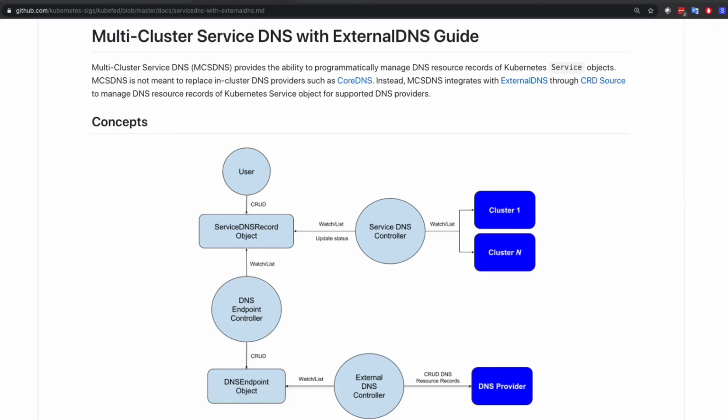But even before we configure external DNS, there are a few steps we have to take. KubeFed has a feature called MultiCluster Service DNS. This feature provides the ability to manage DNS resource records of type service and ingress objects across the clusters. What it means, put simply, is that KubeFed creates for us a nice mapping between our external IP and a fully qualified domain name. In this demo, I'm going to work mainly with services, but it works very similarly for